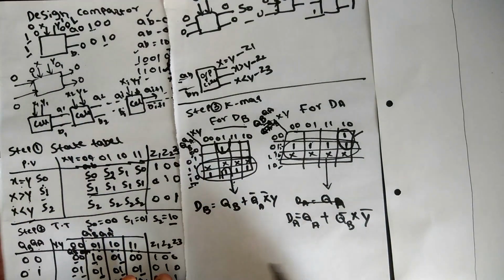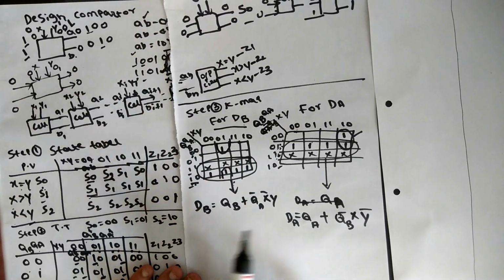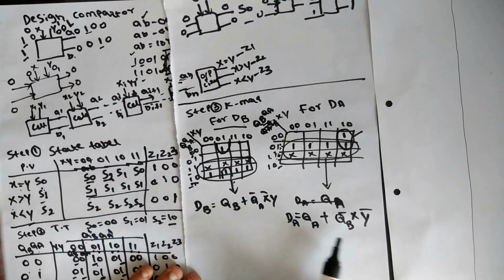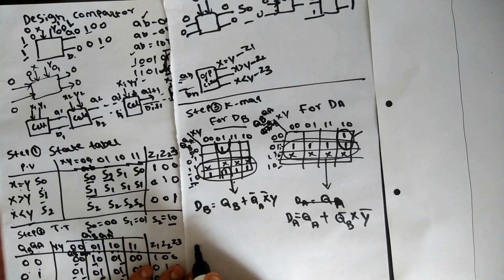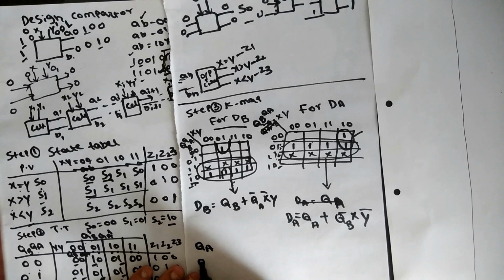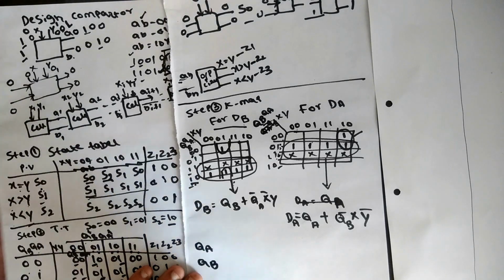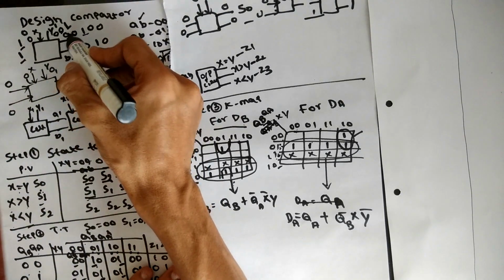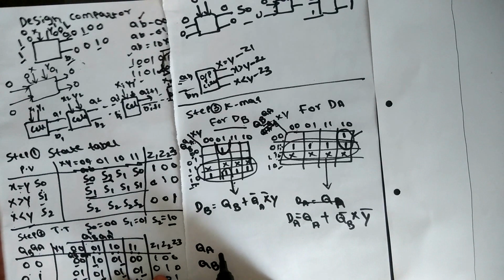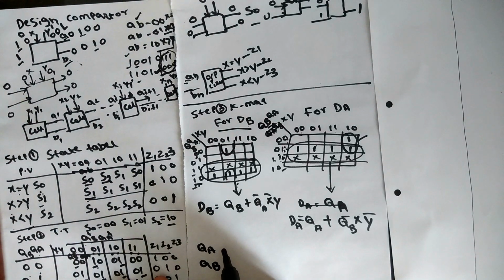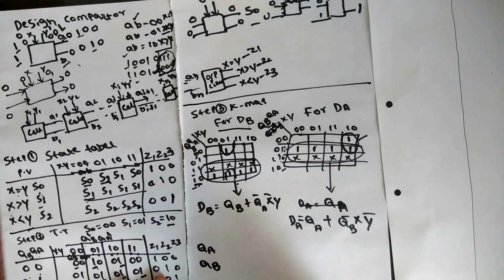Similarly we can move on to the Z portion also. Before going to this Z, we will draw the diagram of this QB, QA and these portions. You can take the previous input directly from QA here and QB here, or you can call them A and B also. In books they have taken it as A and B. You can take AB also. So QA and QB I have taken, so we have the status here.